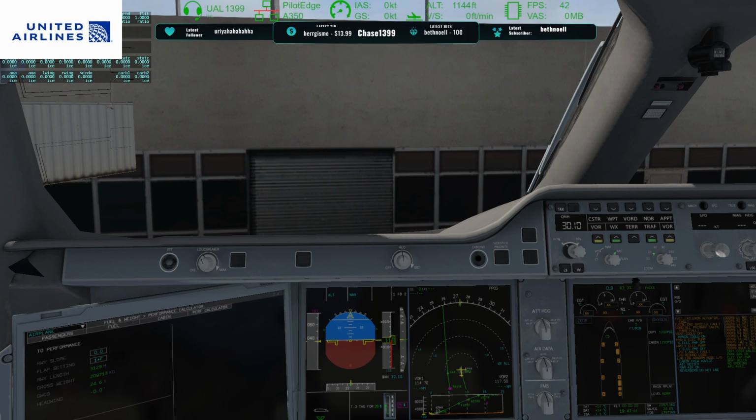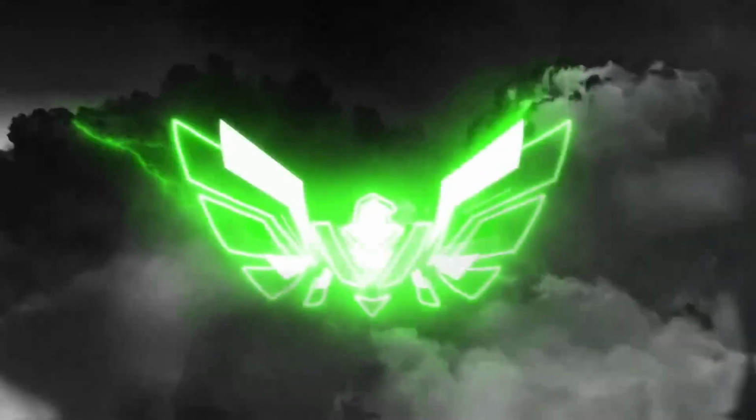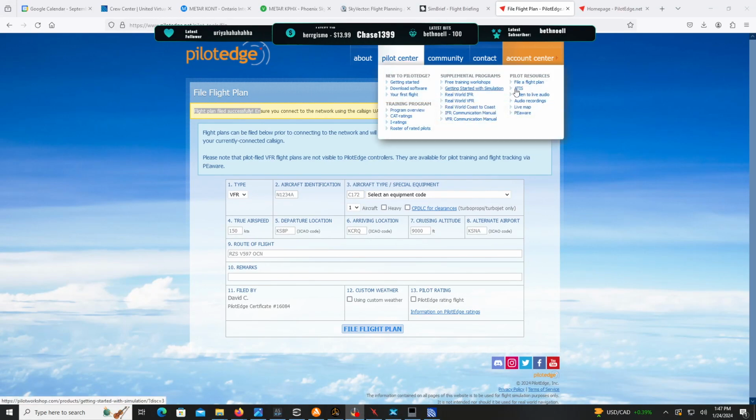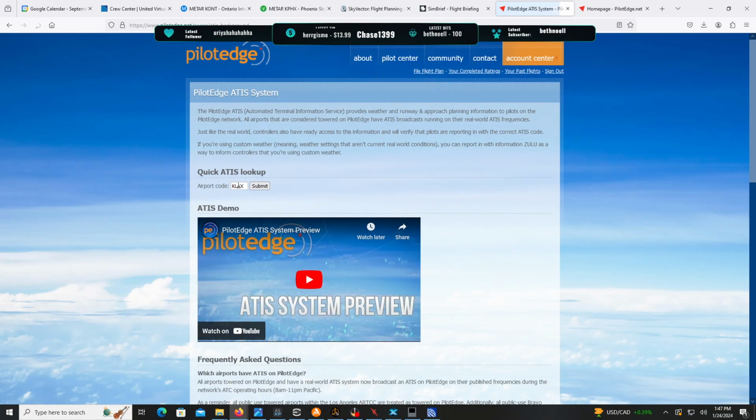Cut and paste that. Delete that. And then I need to copy that. And the way I'm getting the CPDLC, I mean the D-ATIS, is just by going to ATIS and typing in,